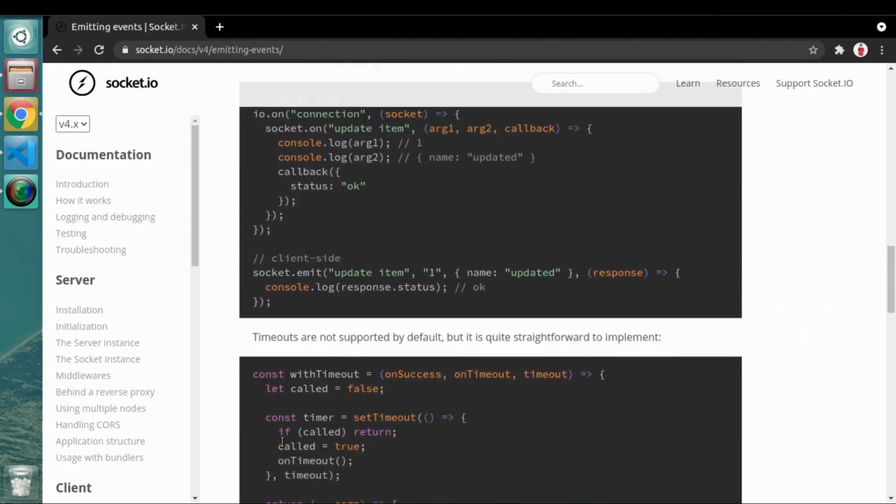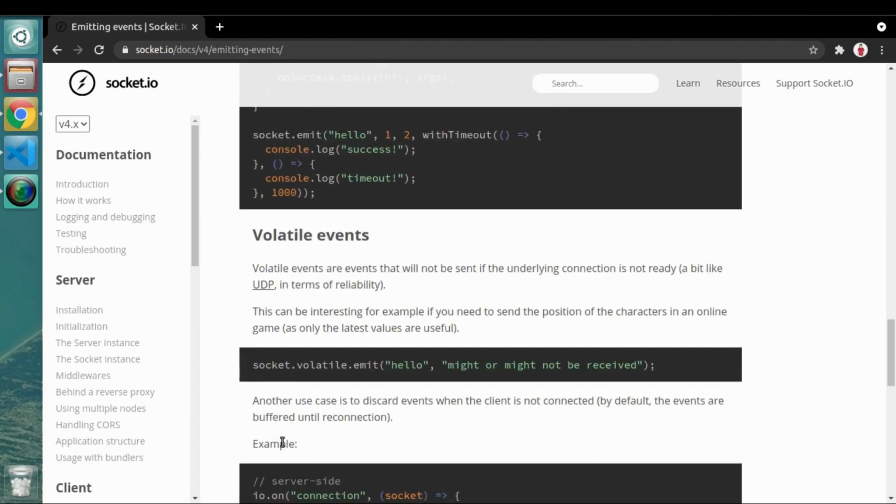And let's see the next one, which is nothing but volatile events, which is the same as basic events, but the only difference between volatile event and the basic event is the syntax for sure, and the functionality difference is when you call any particular event and you don't care about the output of that particular event, then you can use the volatile events.